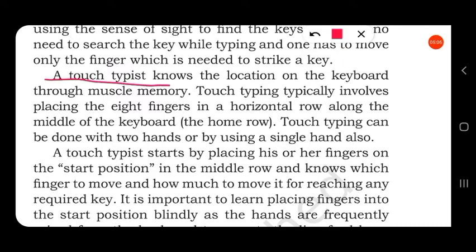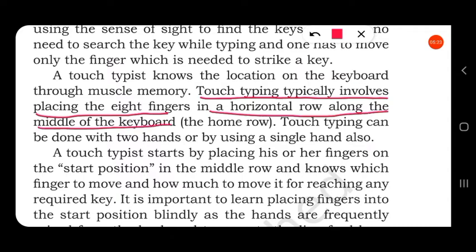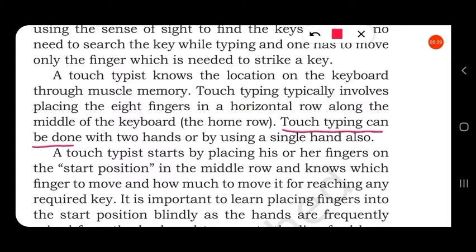A touch typist knows the location on the keyboard through muscle memory. Touch typing typically involves placing the 8 fingers in a horizontal row along the middle of the keyboard. Touch typing can also be done with 2 hands or by using a single hand also.